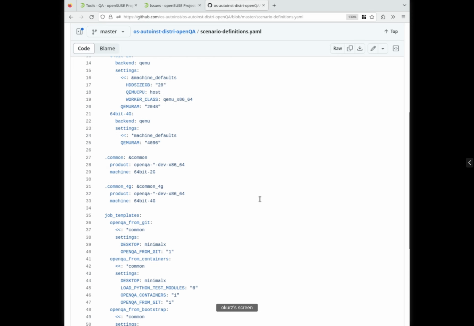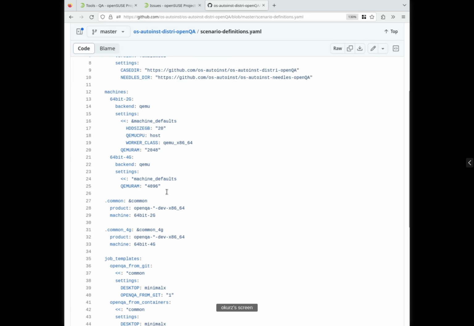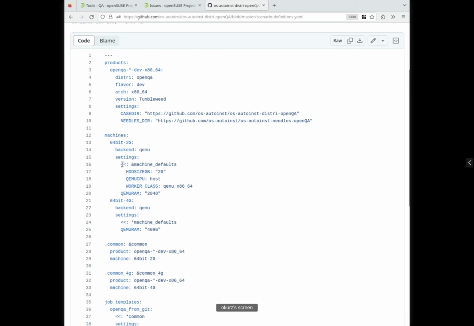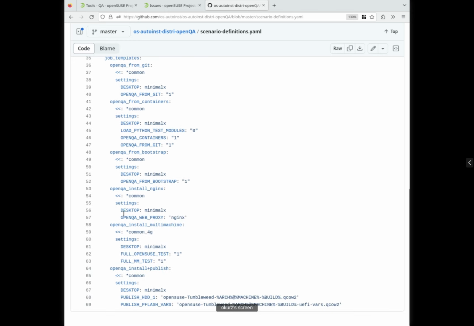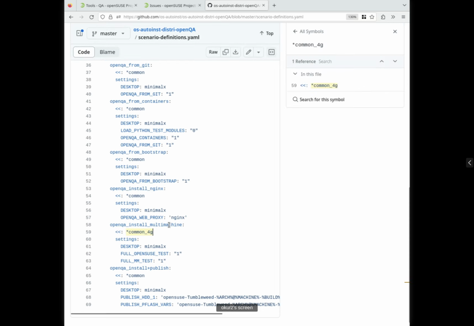And what was implemented there lately are those machine defaults, where you can see for 64-bit 2G there are some settings which are defined, which are reused in the 4G case, but of course QEMU RAM differs. Similar here, where this feature of using a hash merge, the common settings are applied to all those cases, and here common 4G is used, so that the multi-machine test, which is a bit more heavy and needs more memory, is using different settings.